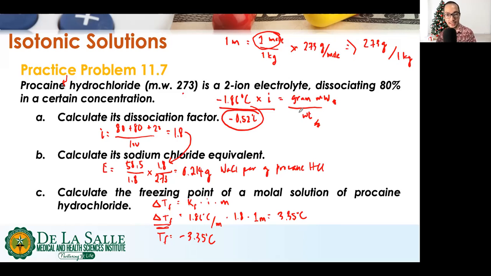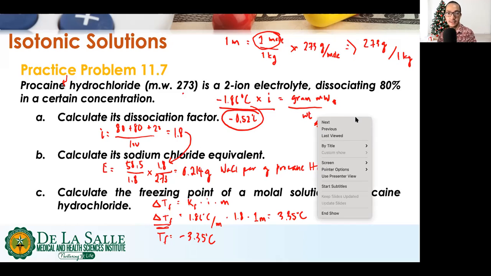And so for example, you have a molal solution of a substance, then we can say that the weight